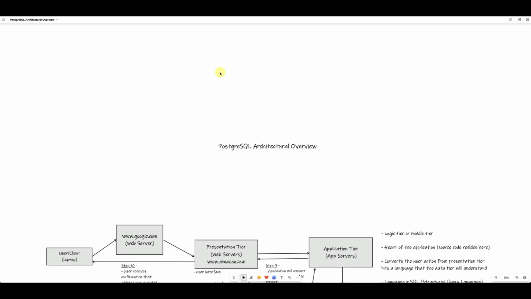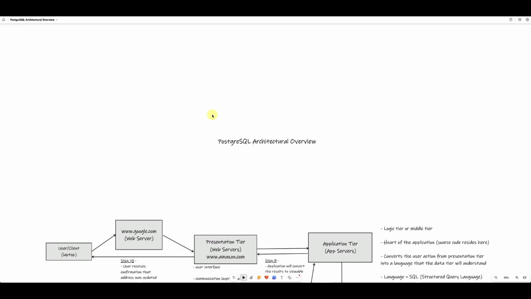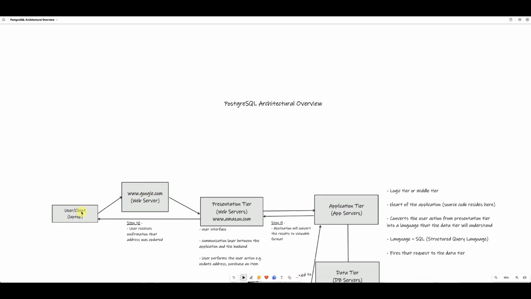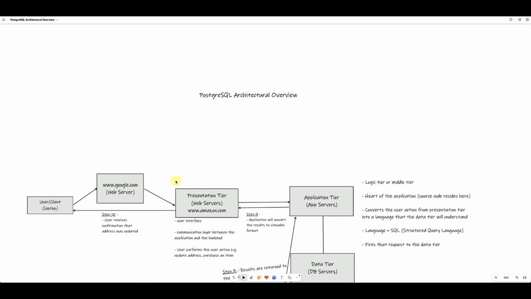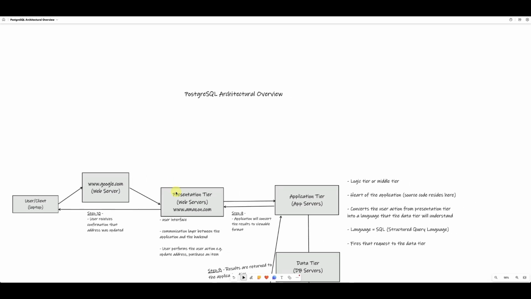So imagine that you go to Amazon.com, right, and you want to buy a shoe. You want to update your address. Let's just say for some reason you've moved and you want to update your address. So what are you going to do? You're going to go to your laptop and type www.google.com, right? And then when you type www.google.com, you're going to hit the web servers for Google. And then on Google, you're going to type